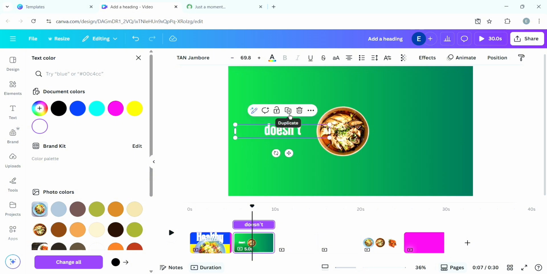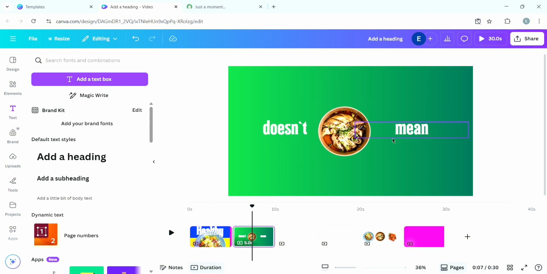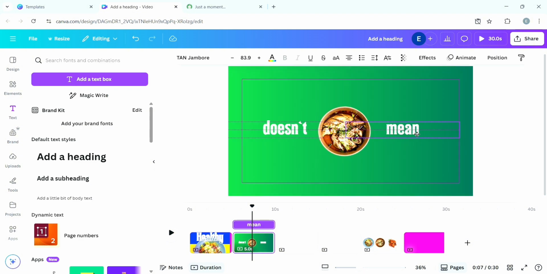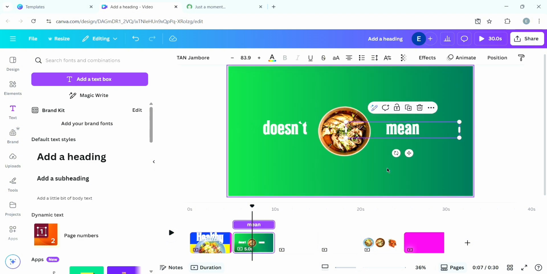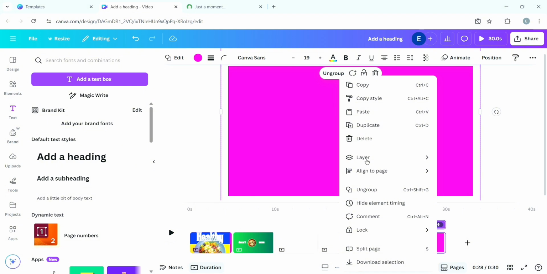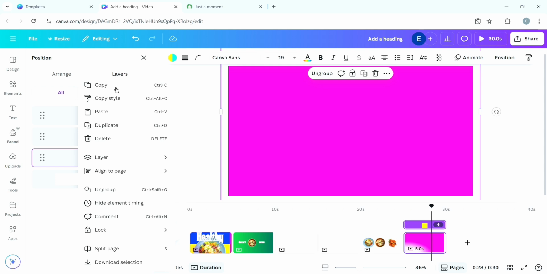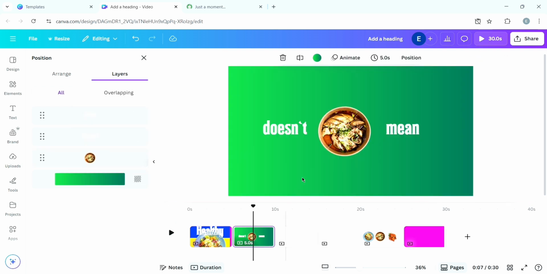Duplicate the text. Move it to the other side and change the text to main. Then you align them together. Make sure they are at the middle of the page on equal sides. Then go over to the square page and you want to go to layers as well. Show layers. And you want to copy the yellow square and go to page 2 and you paste it here